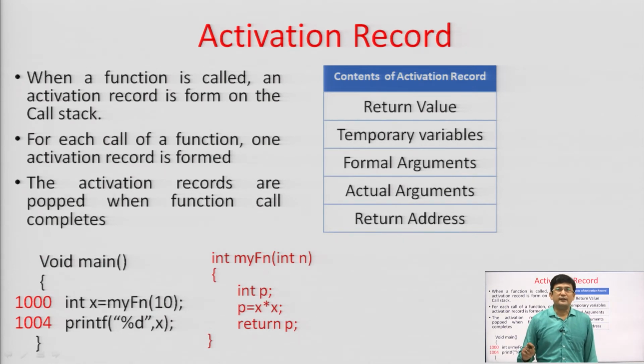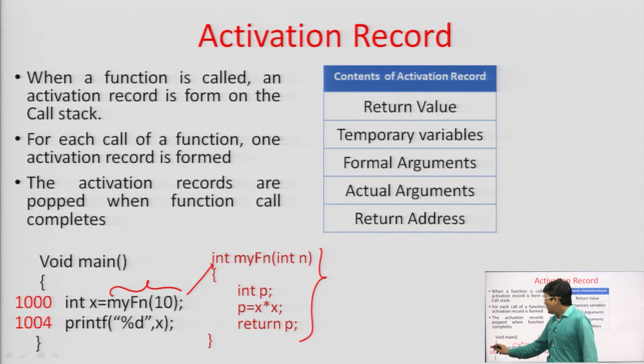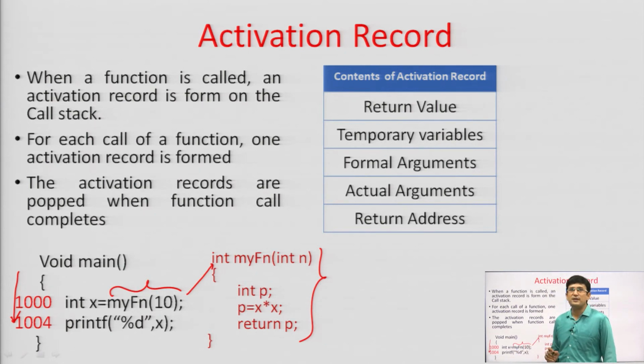Whenever a function is called, the activation record will be given the space in the stack region. For example, here we have a program. In this program, we are calling a function named my function. So, this is the definition of my function. Now, the execution of these statements is sequential in the main program, but when we call a function, the control passes to the function. It means we are now going to allocate the space for an activation record, and this activation record will contain the return address,